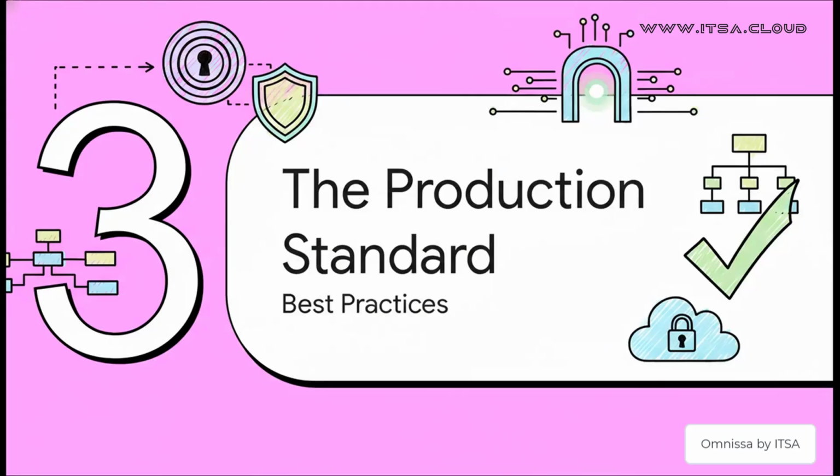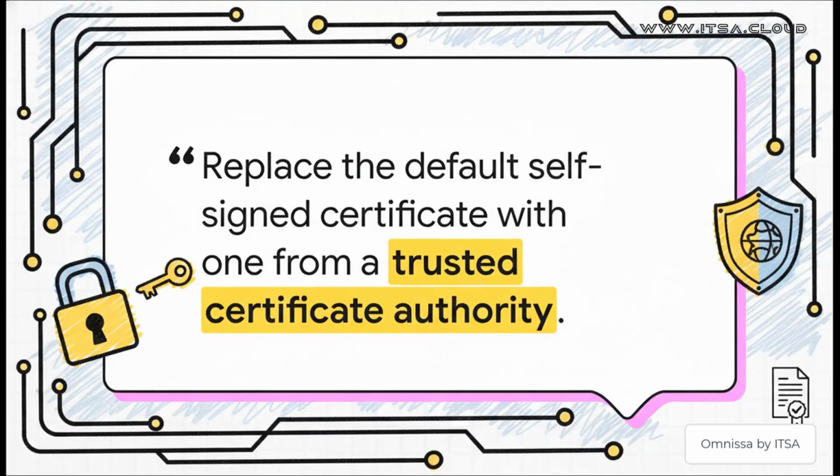That brings us right to the practical stuff. We know the risks, so what's the non-negotiable, gotta-do-it standard when you're talking about a real, live production environment? And here it is, the golden rule. For production environments, it is recommended to replace the default self-signed certificate with one from a trusted certificate authority. Now, I know it says recommended, but let's be real. This is not a suggestion. It's a fundamental best practice. If you have real users connecting to get real work done, you absolutely must replace that default certificate. The takeaway is simple. Production means a CA-signed certificate.